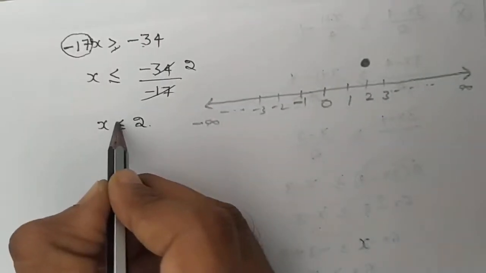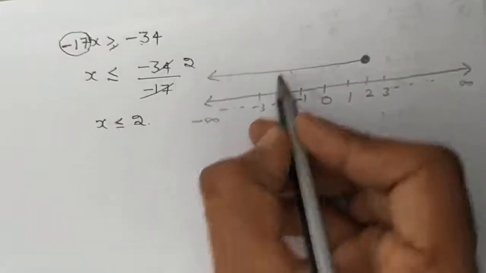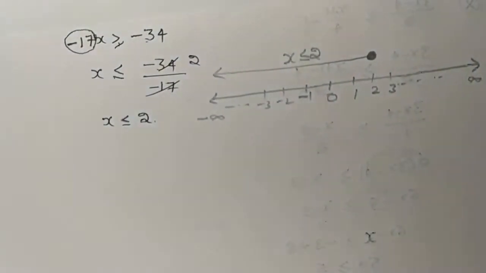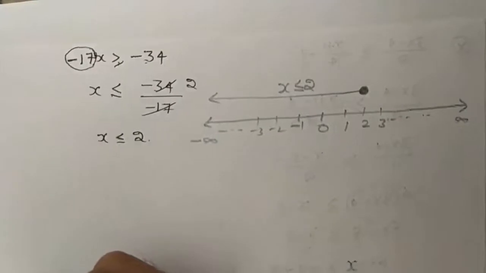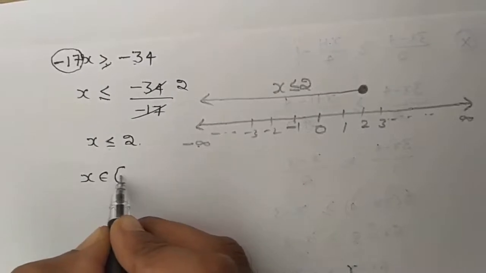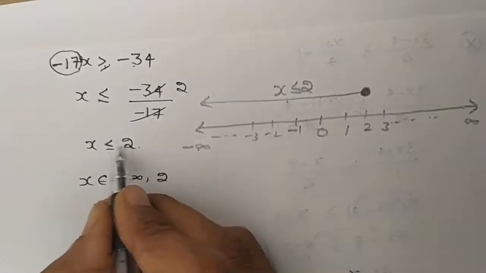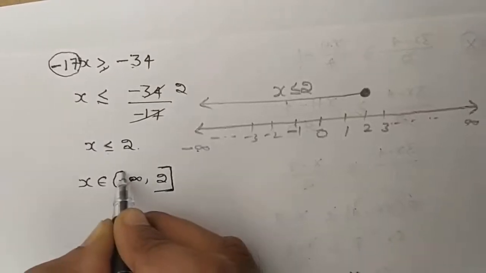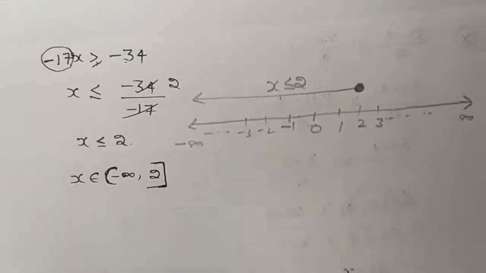Now this symbol is showing where? The left side of 2. Take it to the left. x is less than or equal to 2. It is the representation of a solution on a number line. Now x belongs to minus infinity, which is always excluded, to plus 2. Is 2 included or excluded? Less than or equal to, so it is included. It is a semi-open, semi-closed interval. Do you understand?